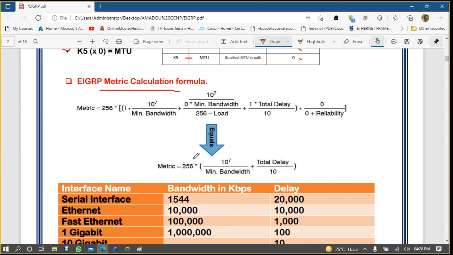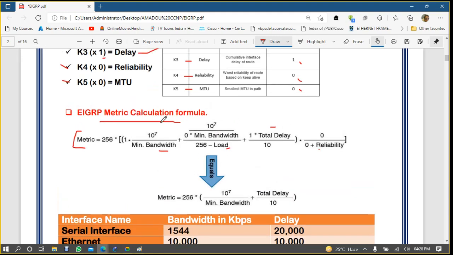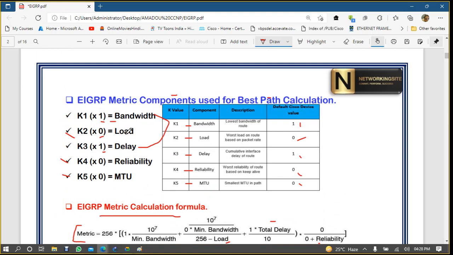So now you can see the default formula for calculating the metric, which is when it is using everything: bandwidth, delay, load, reliability, MTU. But you know that load, reliability, and MTU are not in use.